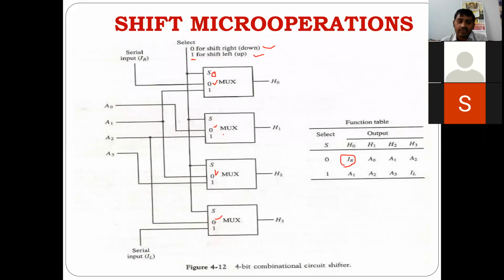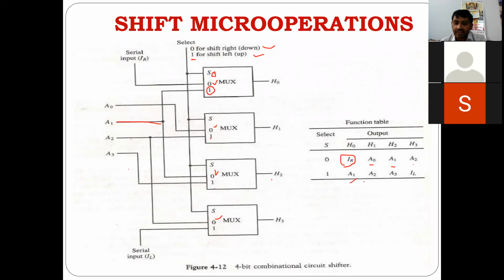And next, what is connected to the second multiplexer? That is H1, which is connected as A0. And for H2, see here where it is connected, A1, and the third one is connected to A2. Okay. Similarly, if the selection line is equal to 1, then the corresponding one, this one will be selected, this one will be selected, and this one will be selected. See here, this one is connected to A1, this is connected to A2, and this is connected to A3.